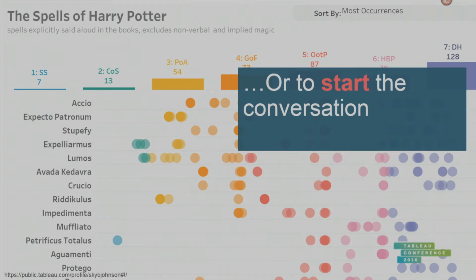And this conversation was around the spells of Harry Potter and when they first appear in the books. And obviously, there are lots of other Harry Potter fans around the world. This particular visualization got picked up by Mashable and then just went viral. So he managed to spawn an amazing conversation around Harry Potter spells and everyone's secret nerdiness by using Tableau Public.